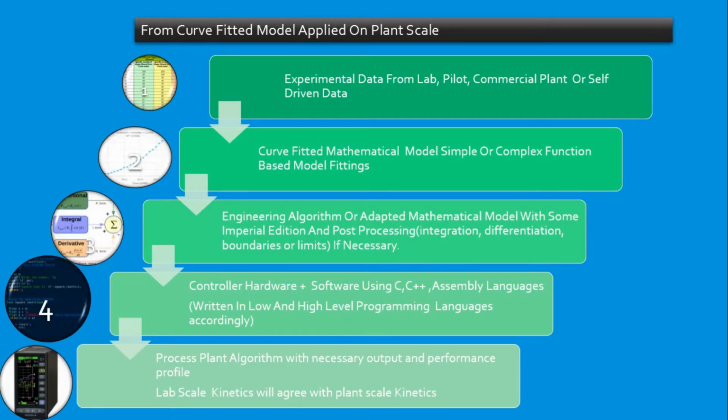In the third step, after obtaining the mathematical model, it can be converted to an engineering algorithm. Some empirical changes or editing can be made based upon experimental observation. The mathematical model is subjected to integration or derivation to obtain the desired type of differential or integral equation for control purpose and desired response. In this way, a mathematical model obtained from curve-fitted data can be converted to an engineering algorithm. In the next subsequent step,